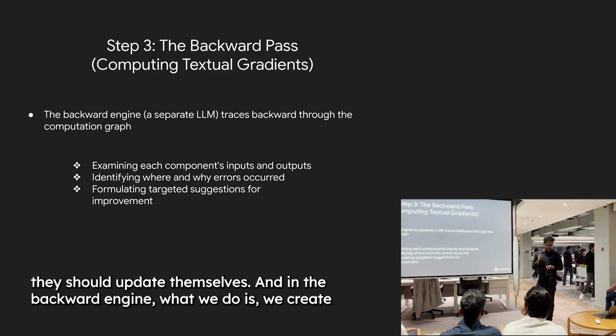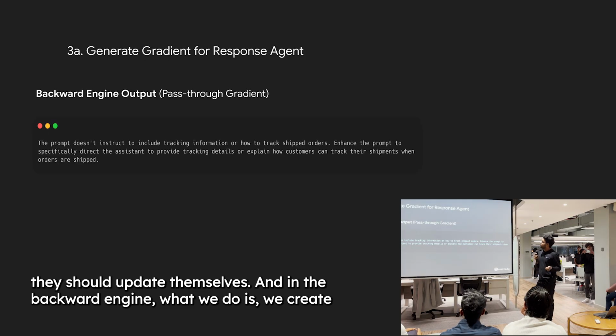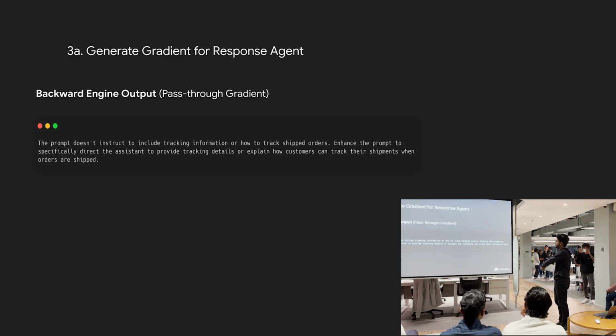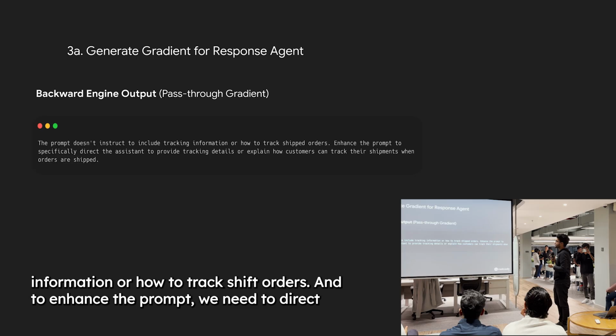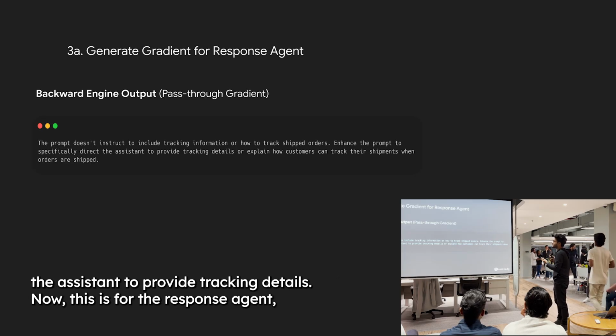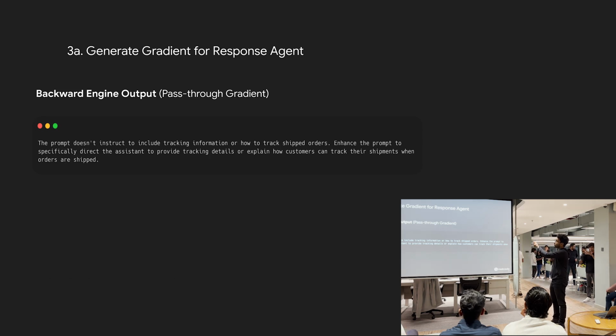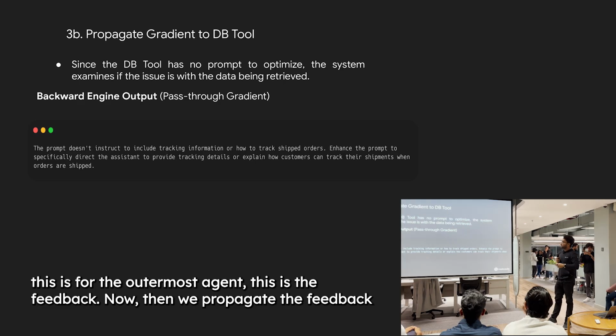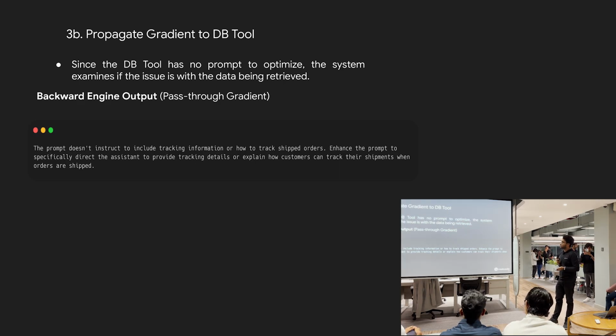And in the backward engine, what we do is we create this sort of LLM system where the feedback is: the prompt doesn't include the tracking information or how to track shipped orders, and to enhance the prompt we need to direct the assistant to provide tracking details. Now, this is for the response agent, the outermost agent. This is the feedback. Then we propagate the feedback to the prompts of the